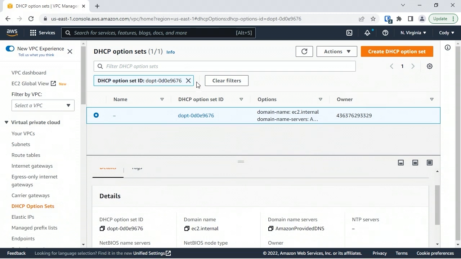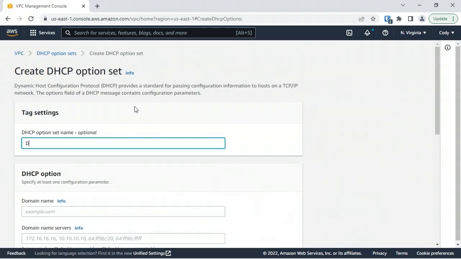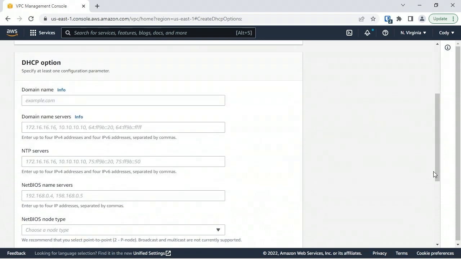So what I'm going to do here, we're in the DHCP option set view. I'm going to click the X to remove the filter. And I'm just going to choose Create DHCP Option Set. We're going to call this DHCP Options-VPC2. We're going to change that association with VPC2. So let's assume in this example that we want to customize DNS name resolution. So I want to use my own internal domain name, maybe quick24x7.local, and I can specify, as shown in the example, one or more IPv4 addresses for DNS servers and or